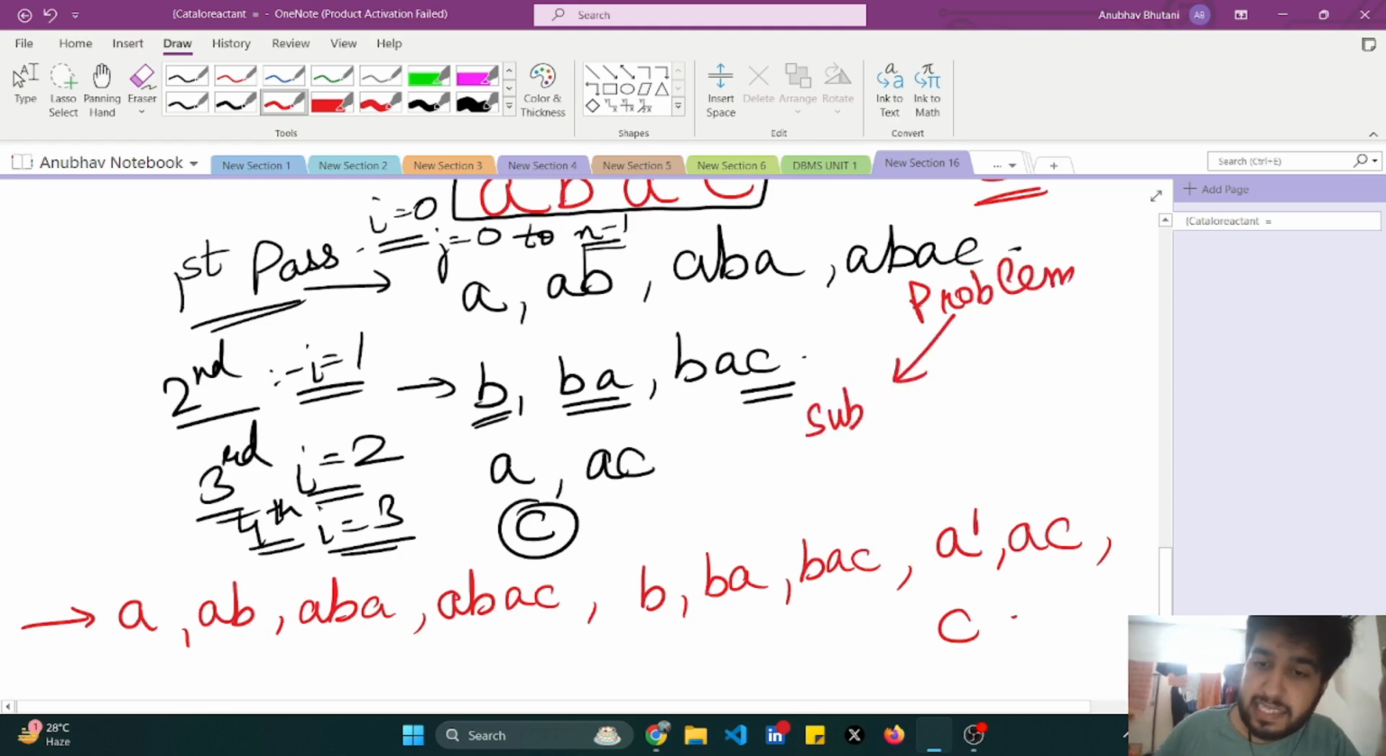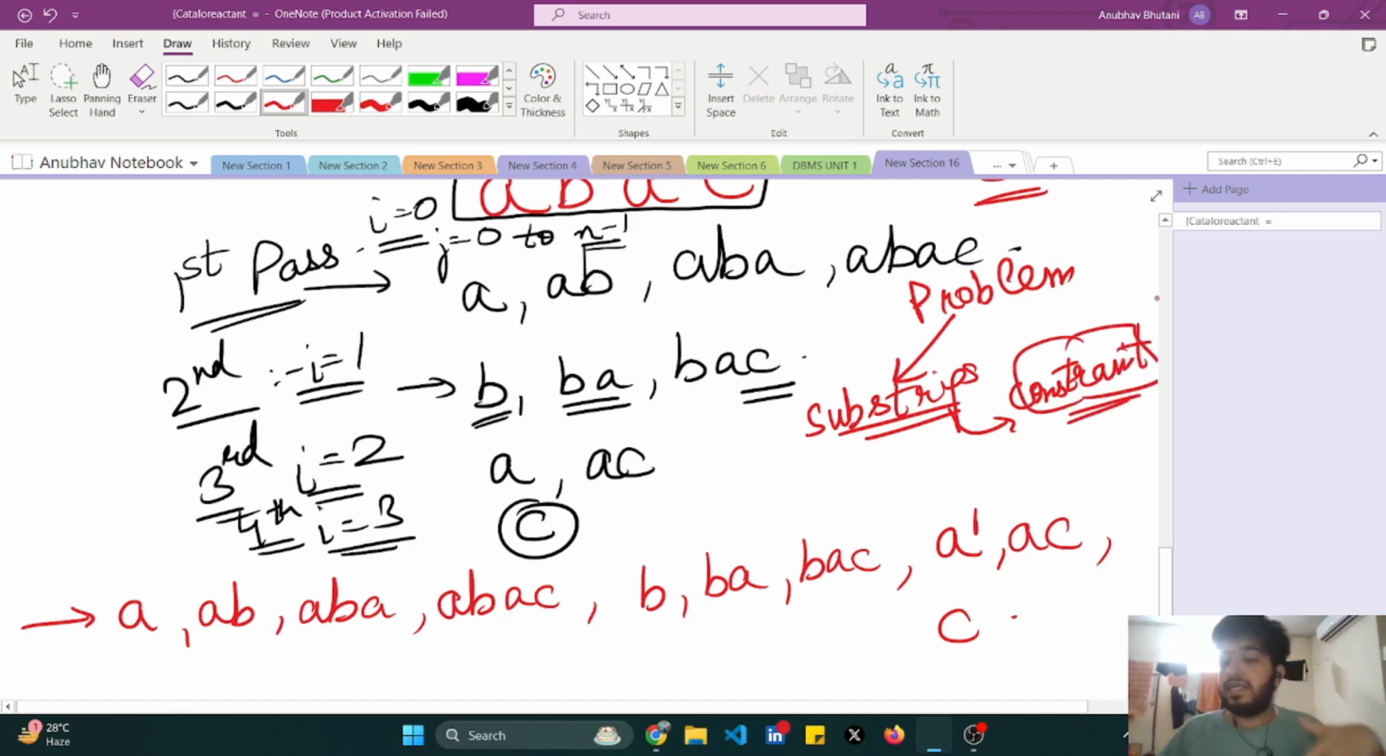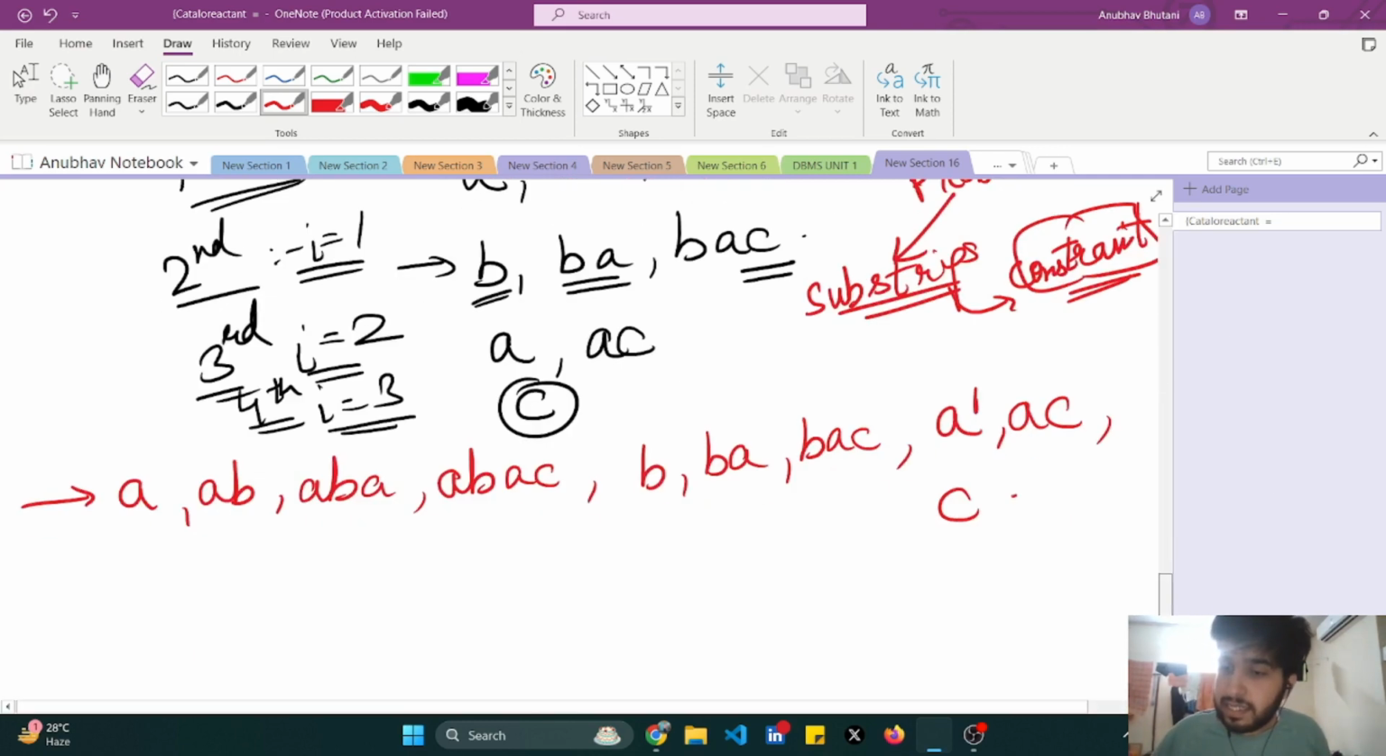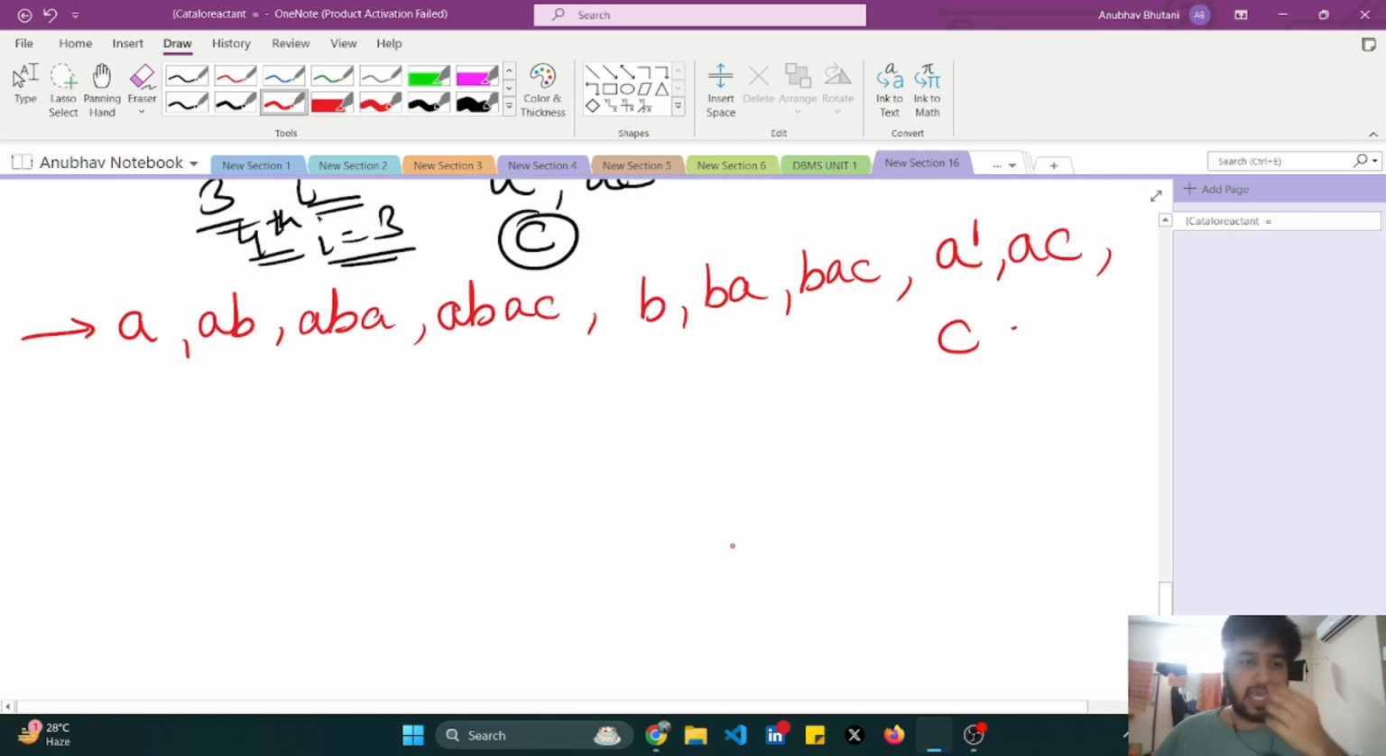First is finding the substrings, and then having the constraint that is given to us. That is, the string should not contain repetitive elements. The elements should be unique. So when I have found all of these substrings, what I can simply do is